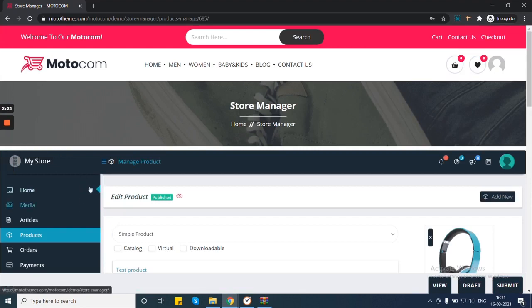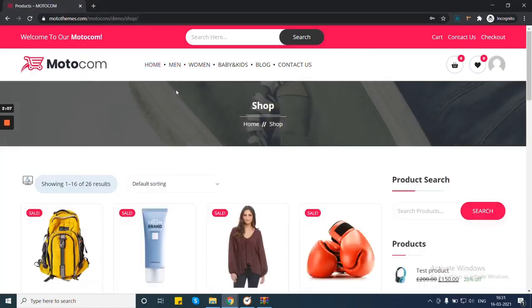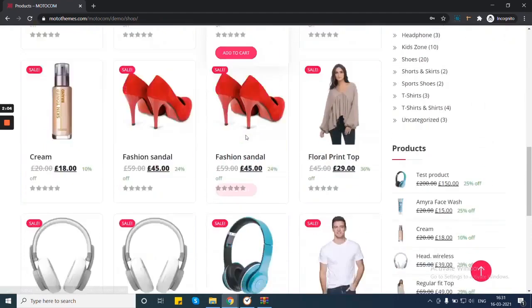After adding the product, let's see how our product will be visible on the store. We'll search for the product under our store.